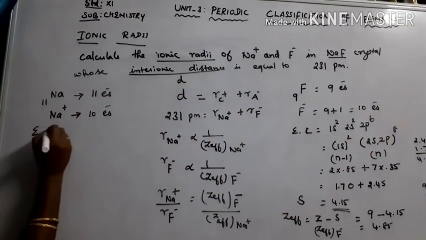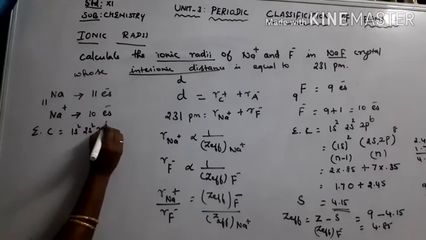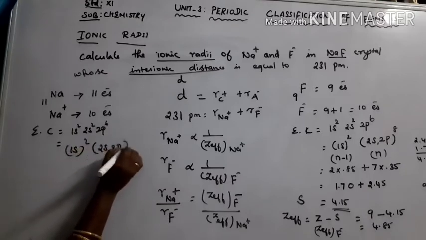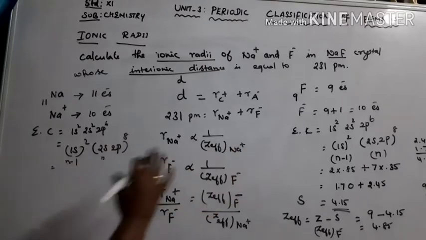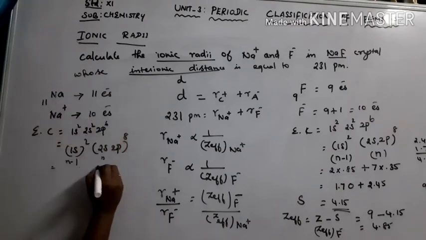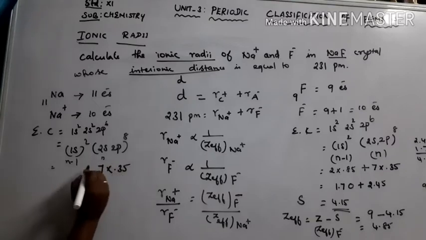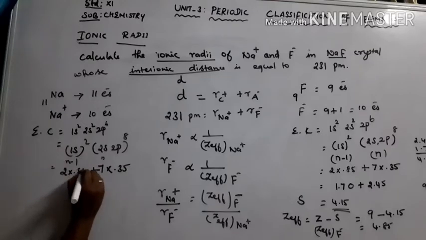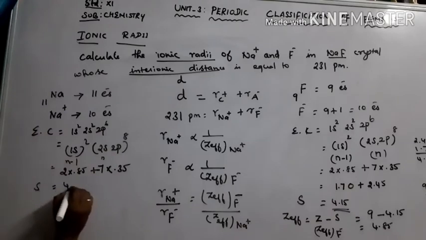Whatever it may be, write the electronic configuration 1s2, 2s2, 2p6, then group it as 1s2, 2s, 2p, 8. So this is the nth shell and this is n minus 1. Actually both remain the same. Here there are 8 electrons; if you calculate the effective nuclear charge for 1 electron, the remaining is 7. So 7 into 0.35 plus the n minus 1 shell containing 2 electrons multiplied by 0.85. So the answer remains the same. I am simply writing the answer here as 4.15.